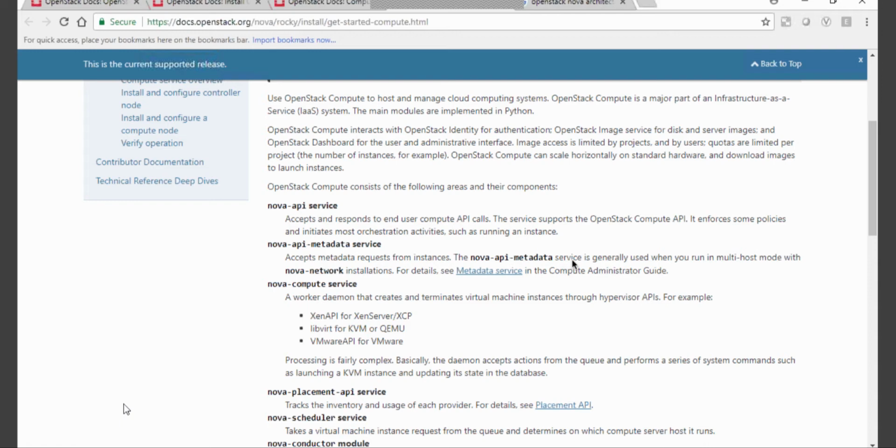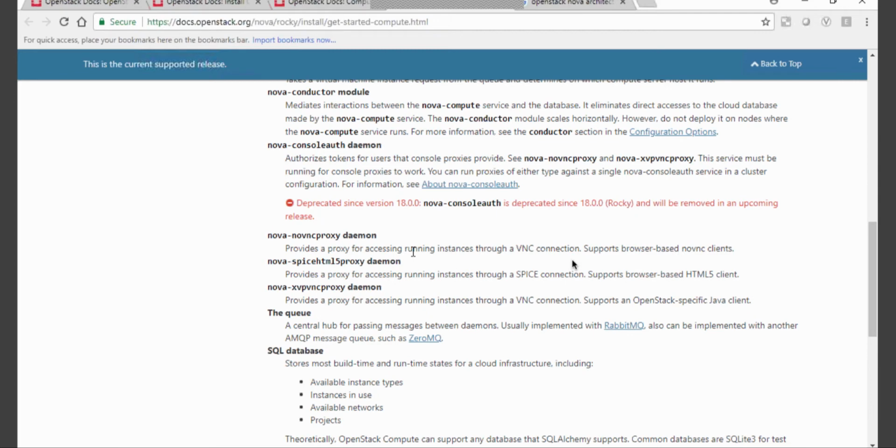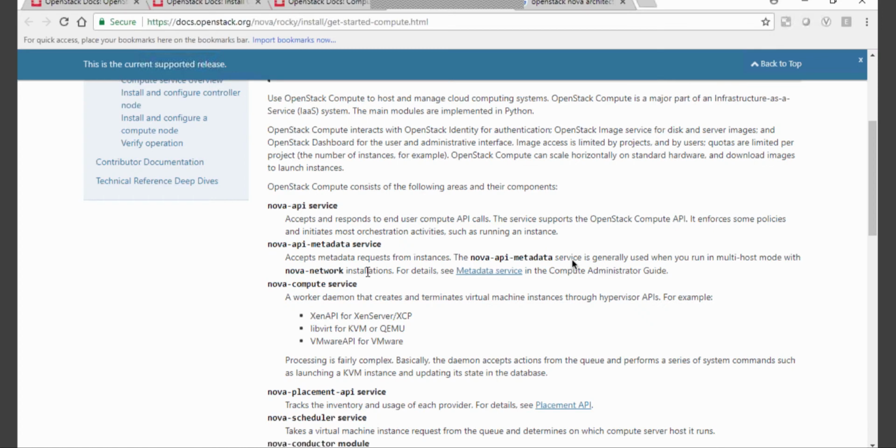Nova API and metadata store the information. Nova compute services use different hypervisors, KVM, Xen or the VMware API. They have the scheduler, conductor, placement, and many other services. I will explain all these components in a separate video: what the function of each component is and what its architecture is. So in this one I will just explain